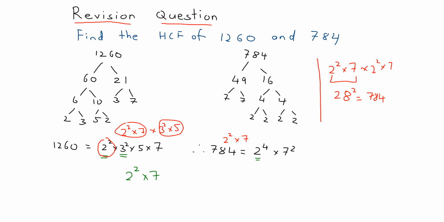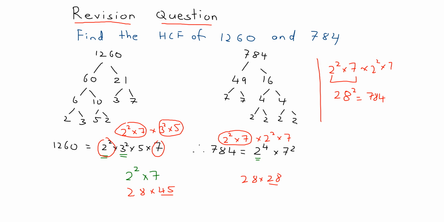and that's because this has a 2 squared and a 7, but it's only got that many, times another 2 squared times a 7, and this is the part that the 1260 has. It's only got 2 2's and 1 7, and this is the extra part. So that's why we can write it as a highest common factor. And we can see that this one is 28 by 28, that's the square root, and this one is 28 by 45, okay, if we write it like that, and 45 and 28 don't have any common factors,